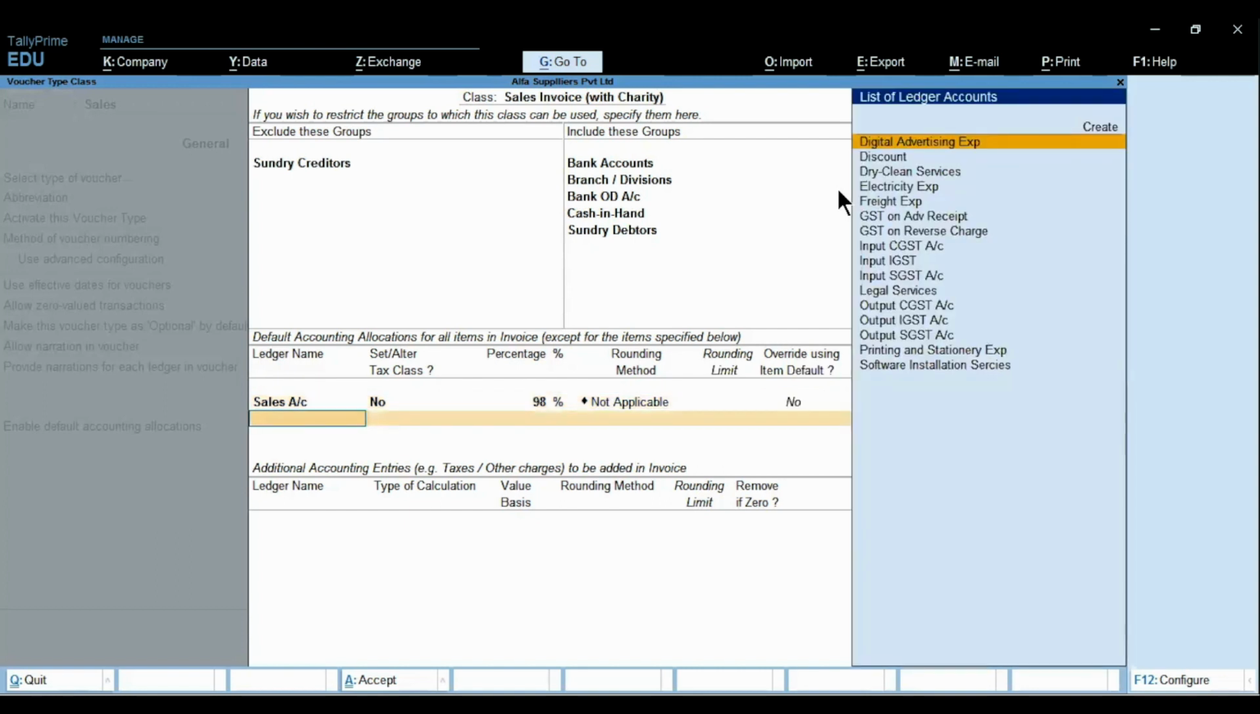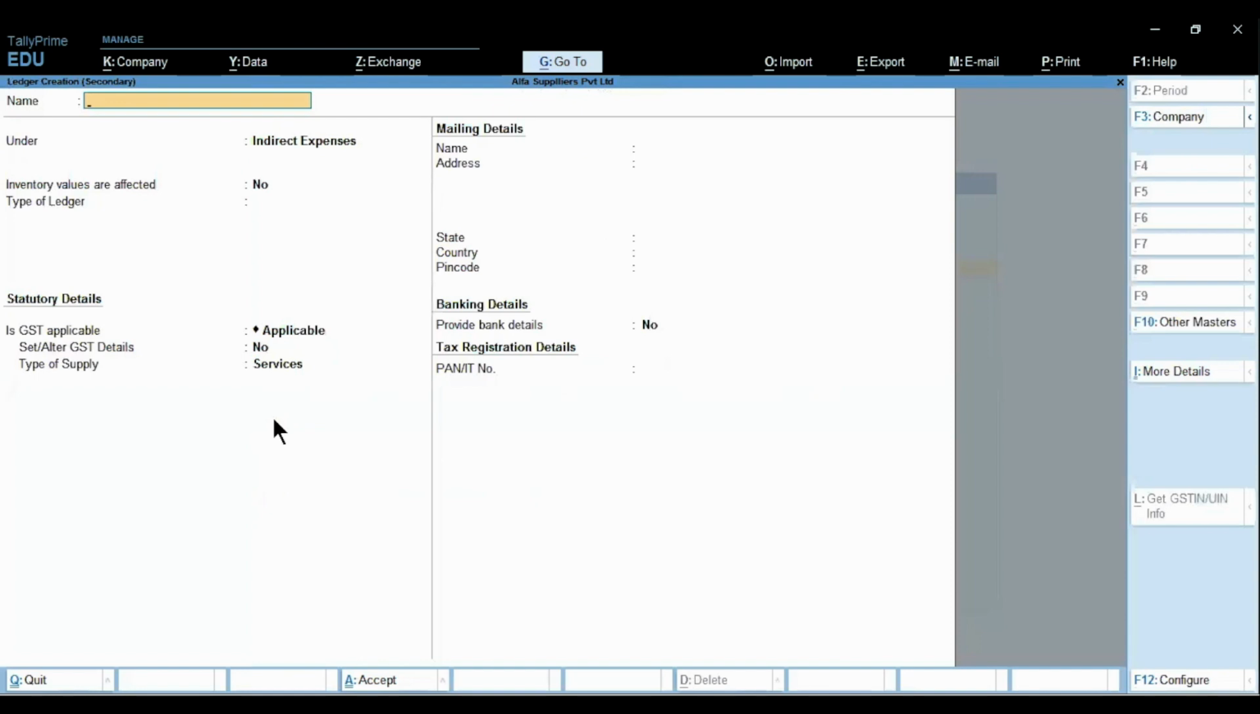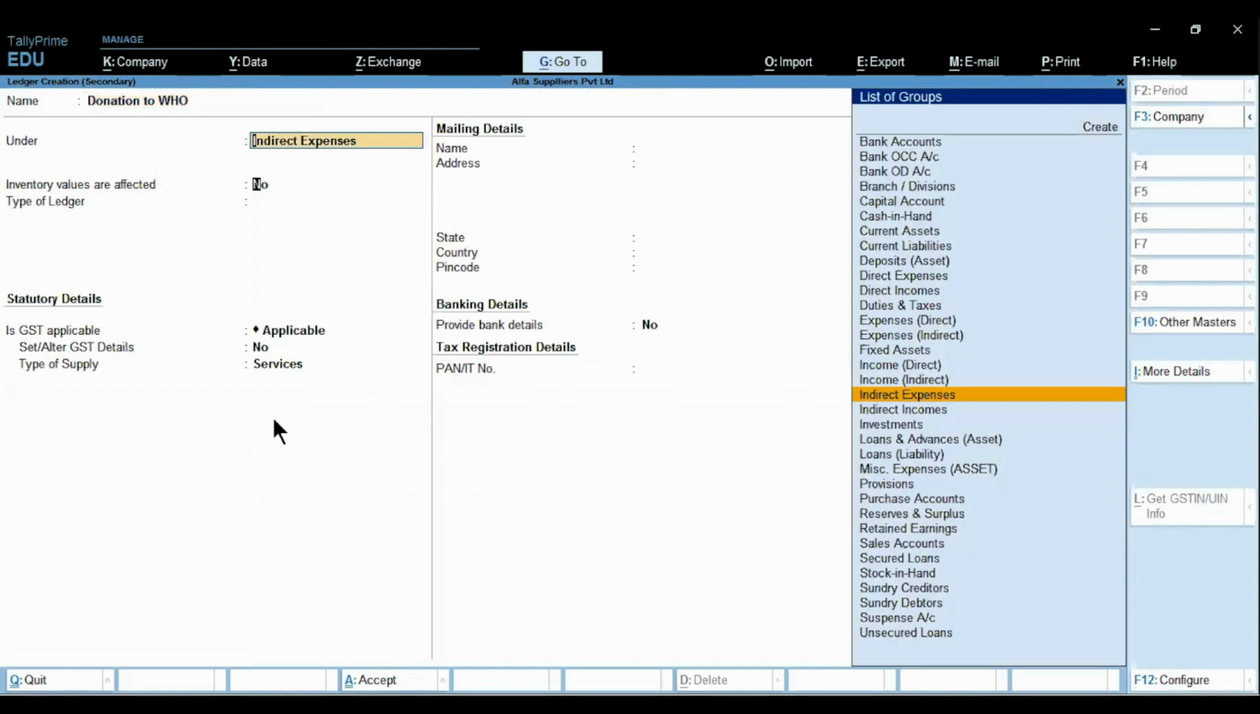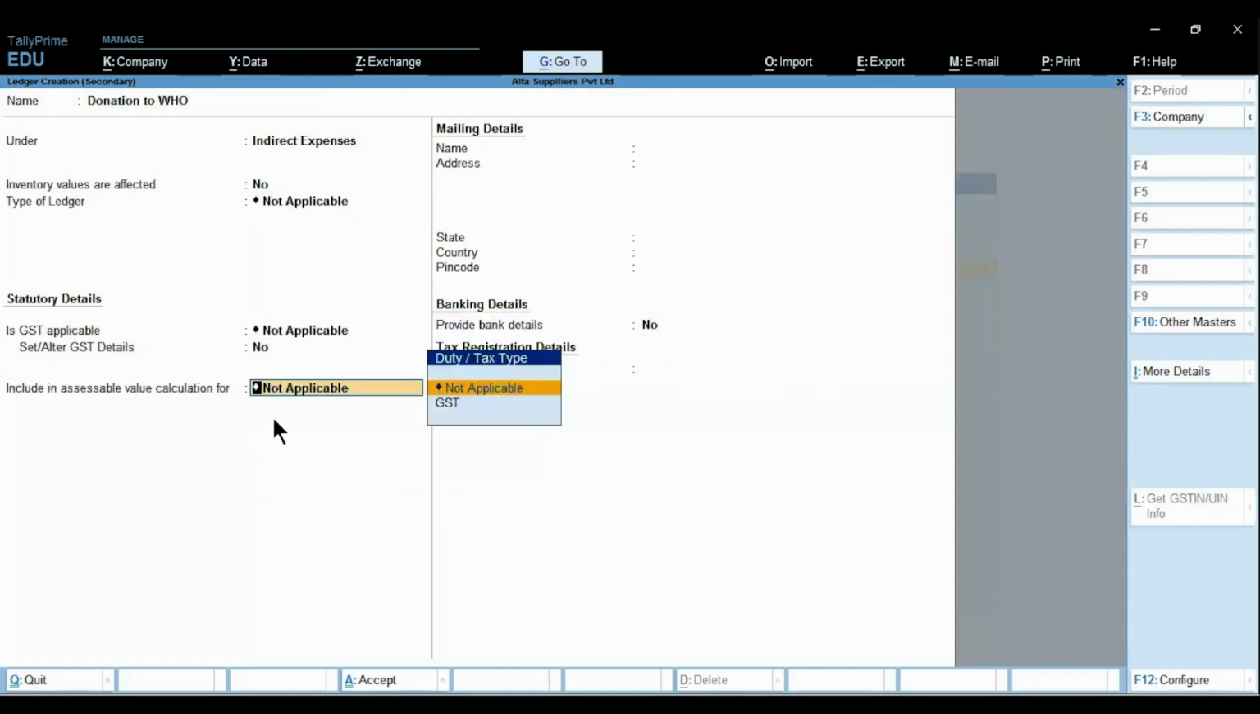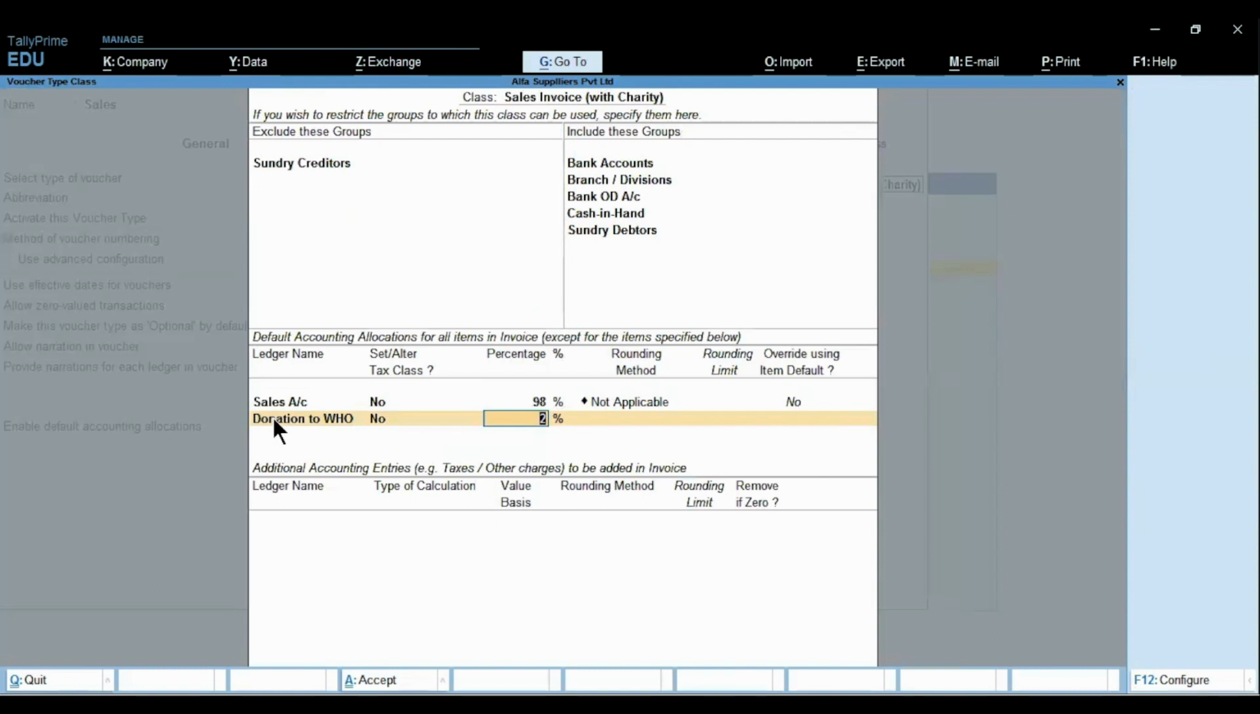Our cursor will go to the next part only if here we complete the 100%. So again it is asking for another ledger name. Suppose we create a new ledger named donation to World Health Organization. It is our indirect expense, and GST is applicable? No, it is not applicable as we are providing a donation. Include in assessable value for calculation of tax? No, and it will be 2%. So this is how we have created the sales ledger as 98% and another ledger, donation to World Health Organization,